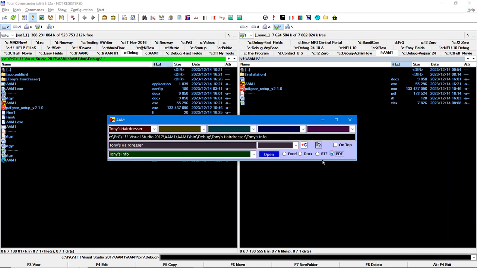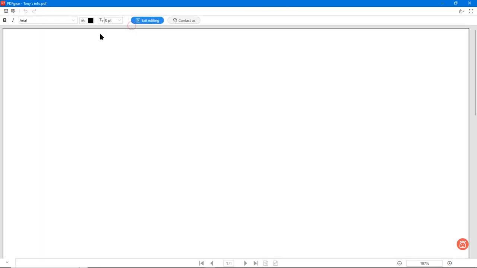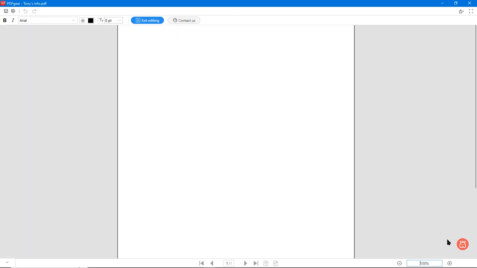And of course, as you can see, I use PDF Gear, a free solution to PDFs where you can create and edit your own PDFs. So if you want to add some text or something like this, you can say edit and you edit text. And just remember to make the size 100%, otherwise